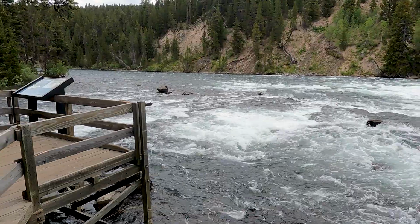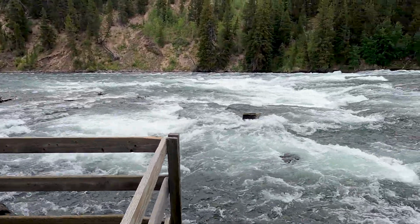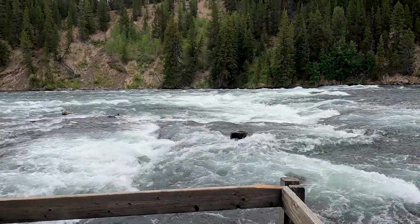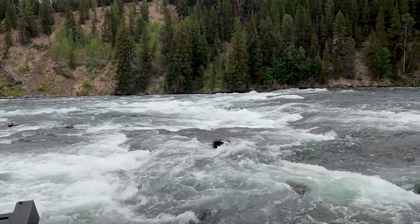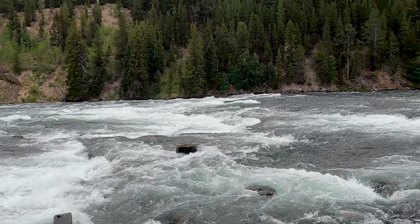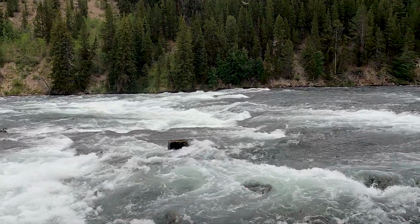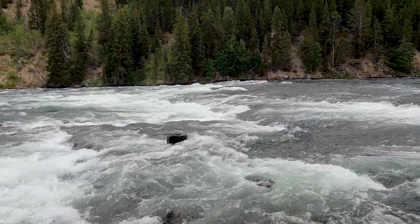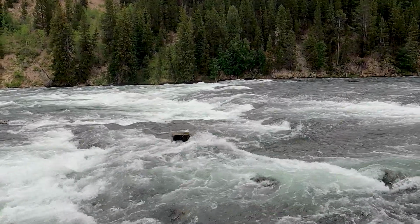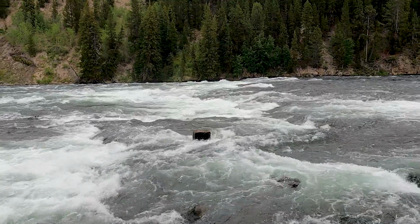Over here they have some information. It says leaping the rapids. Beginning in mid-May, these rapids will fill with Yellowstone cutthroat trout heading upstream to spawn in the waters near Fishing Bridge. Now I haven't seen any trout, but this is where you'd see them if we were going upstream. Look at that,